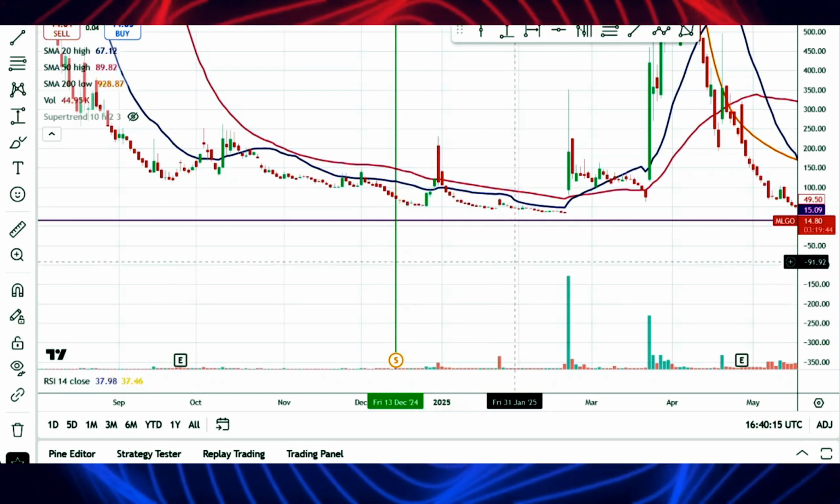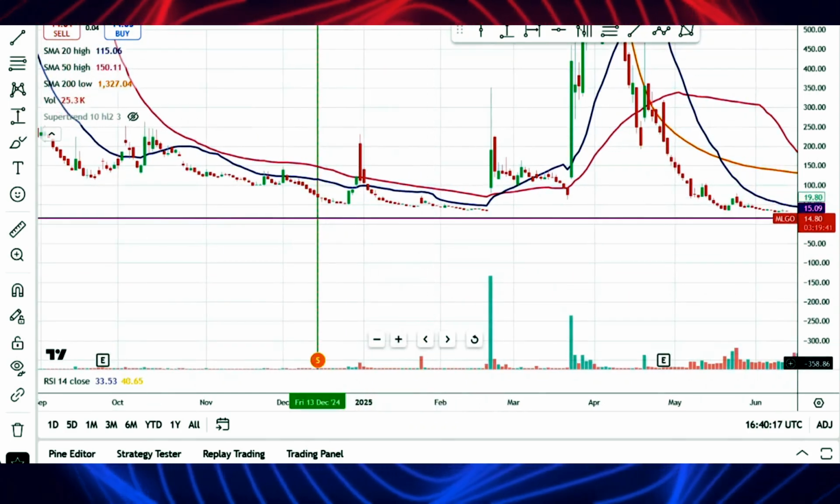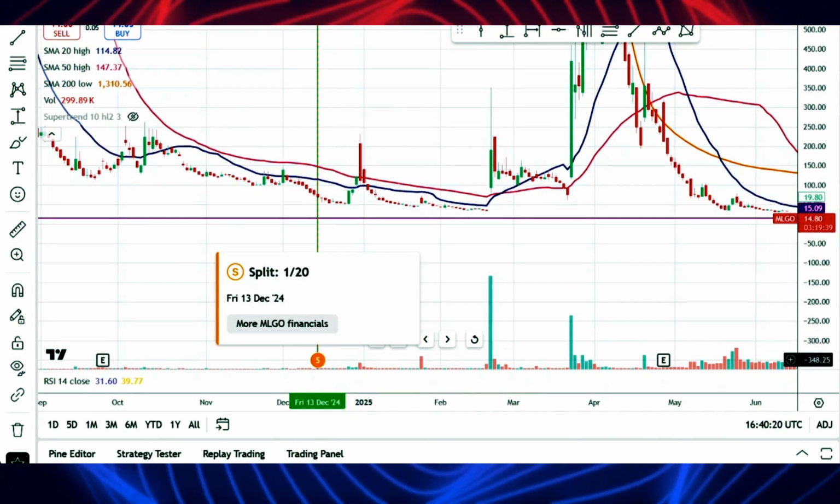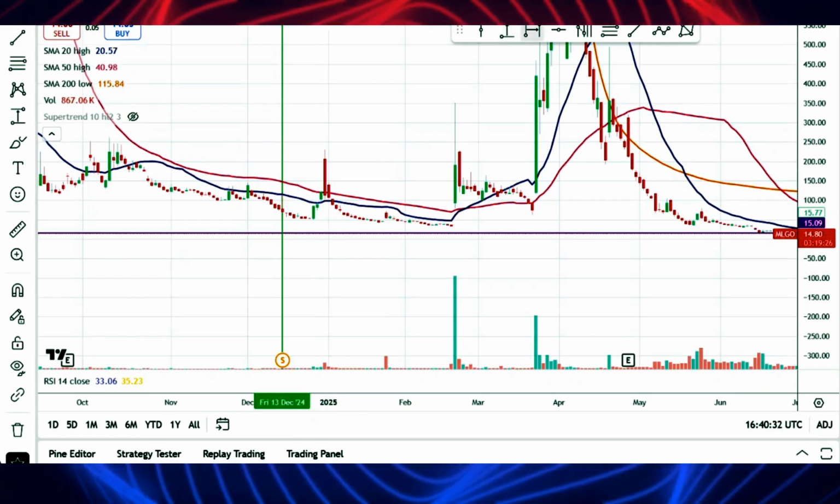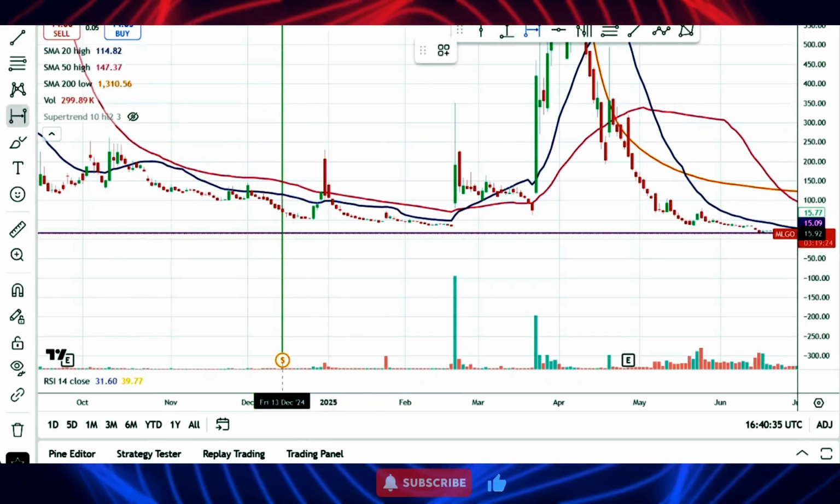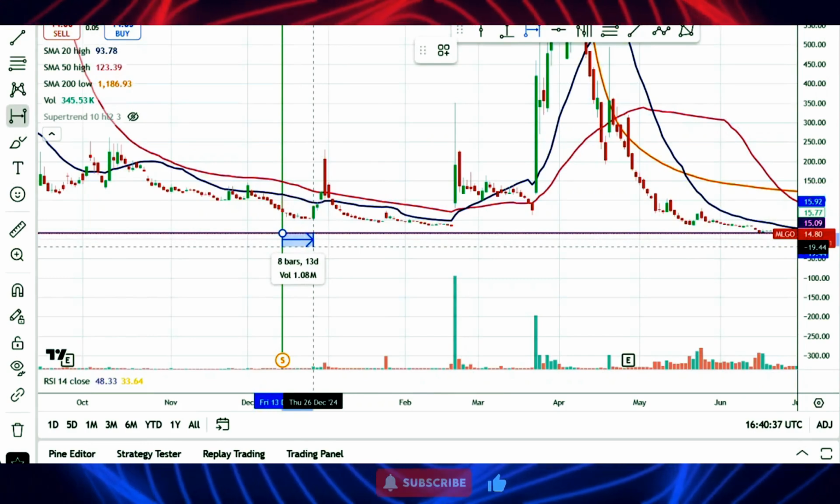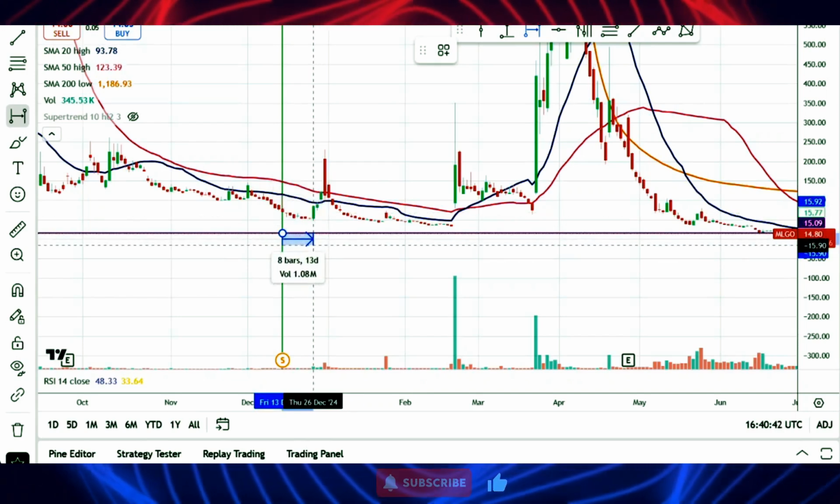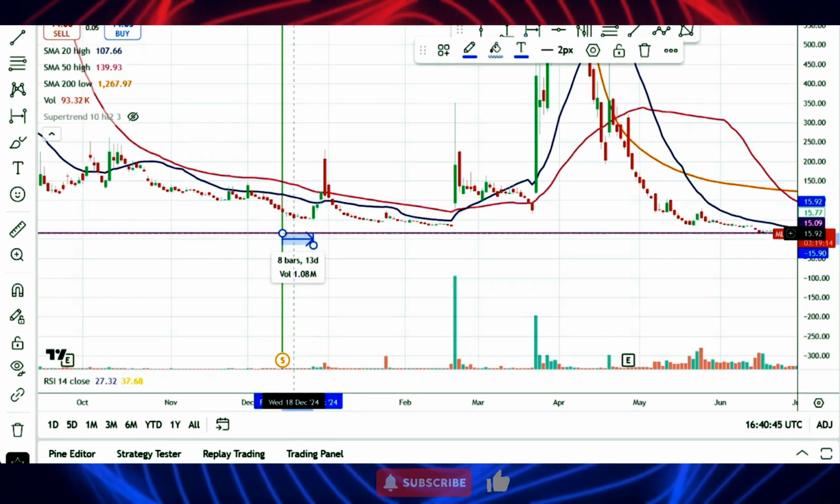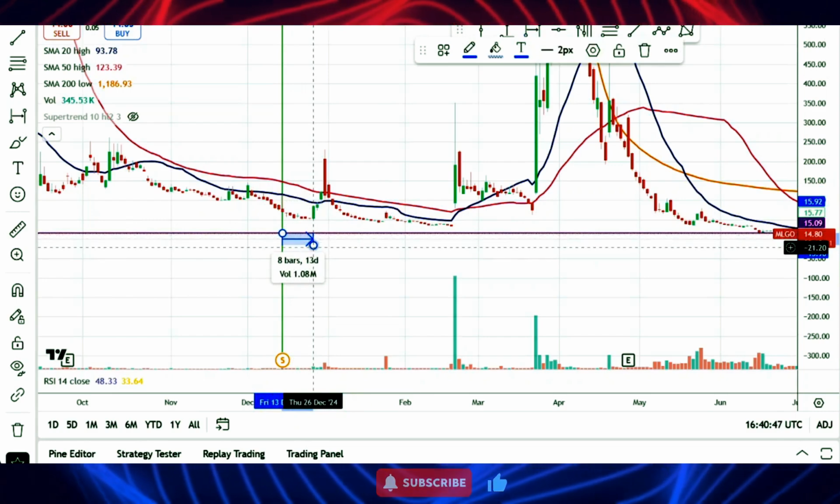Let's take a look at what happened after the previous reverse split. So here on December 13th, we had a 1-to-20 reverse split, and let's see what happened. After 13 days, 8 bars. So that's about a week, Monday, Tuesday, Wednesday, Thursday, Friday. So approximately after a week and a half,